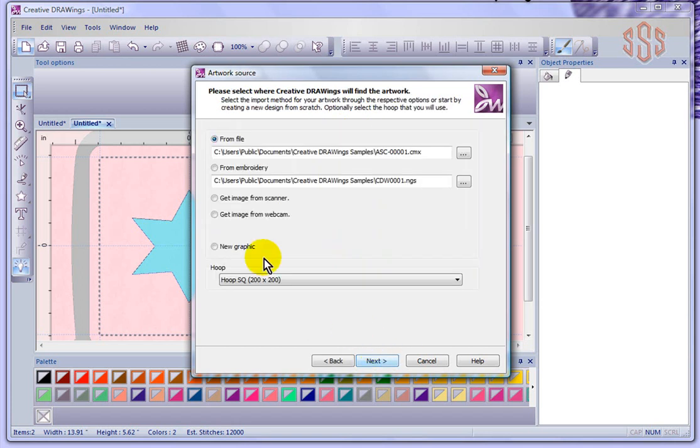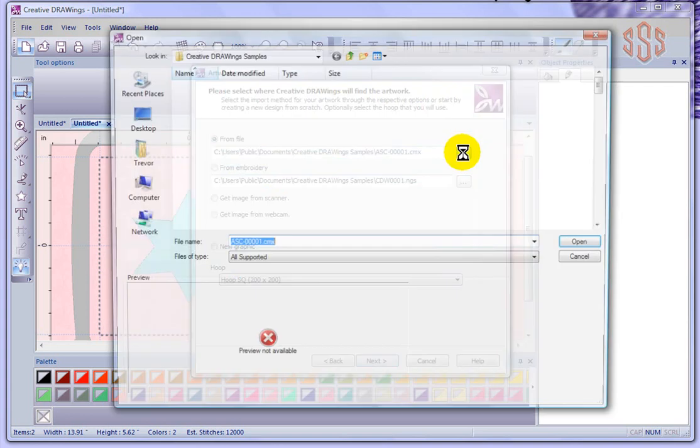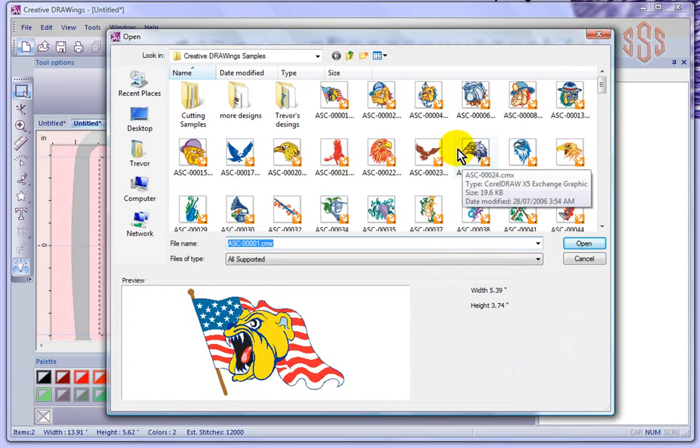And this time, instead of starting just a plain new graphic, I'm going to choose to start one from a graphic, from a file, it says. And you need to click on this button here to bring up the options, the window to choose one. So when I click on that, it opens up a window, and this is a folder that was installed with the Artistic Crystal software, and it contains a whole bunch of different types of graphic files that you could convert